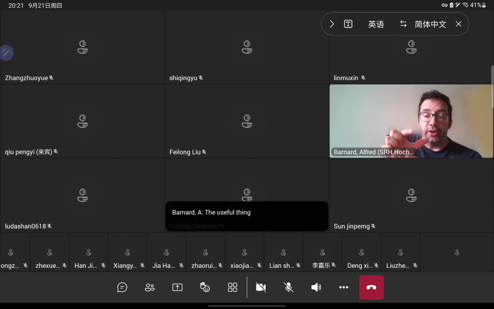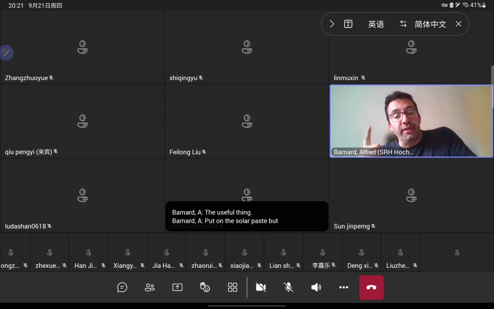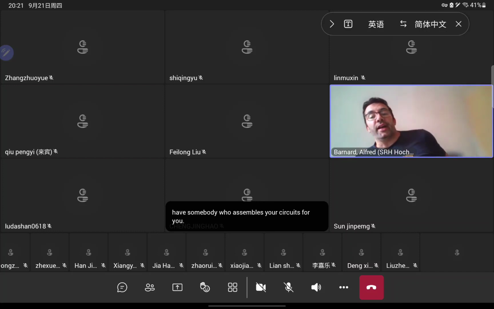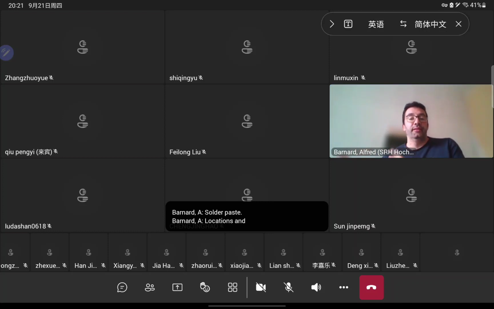useful thing, put on the solder paste. But also if you have somebody who assembles your circuits for you, solder paste locations, and yes, that is also another reason why